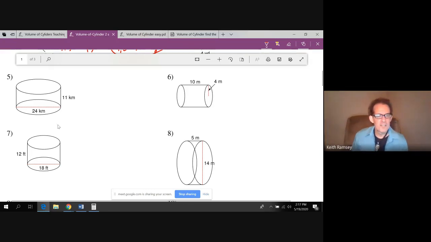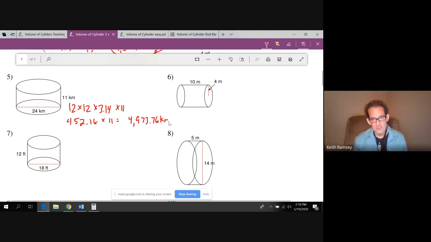Okay, let's take a look at number 5. So my diameter is 24, so I know half of that's the radius. So that's going to be 12 squared times pi times the height. So now 12 times 12 is 144 times pi is going to be 452.16 times 11. And that's going to give me a volume of 4,973.76 cubic kilometers